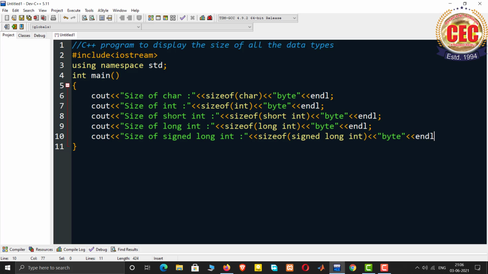After this signed version we will also find the size of unsigned long int. So again cout, size of unsigned long int this time.